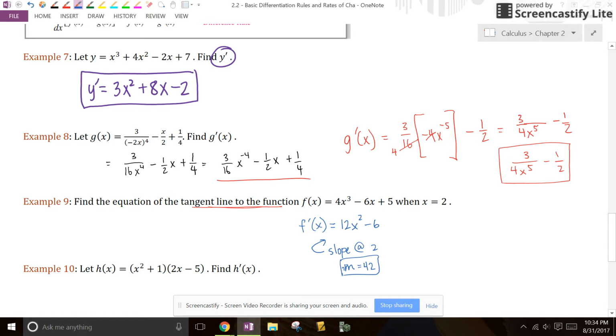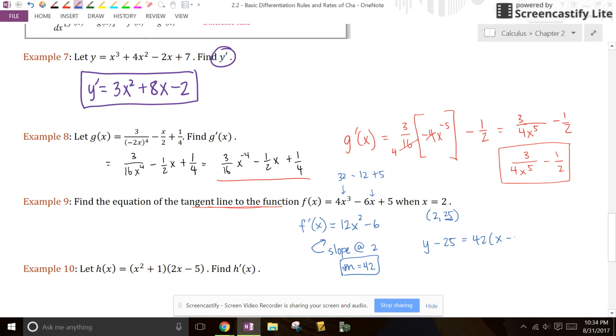And what point are we talking about? Well, we know we're talking about the point 2 comma something. We got to figure out what the something is. Oh, wait, that just means we plug it in here. So if I plug a 2 in for these x's, I'm going to get 8 times 4 is 32 minus 2 times 6 is 12. So that's 20 plus 5 is 25. So it's that point. And lo and behold, the equation of the tangent line would be y minus y1 equals